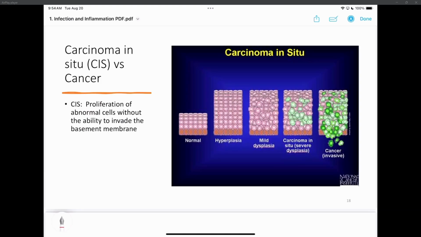Now we have invasive cancer. All these cancer cells broke through the basement membrane, and now they can spread to nearby tissues, or if they get into the lymph system or the blood, they can travel to other parts, called metastases, when the cancer spreads from one location to another. Can't happen until you get invasive cancer, because right now everything is still in situ. This is the goal. You want to just remove the entire tissue because it hasn't spread anywhere. So you try and capture the entire cancer cells in that tissue.